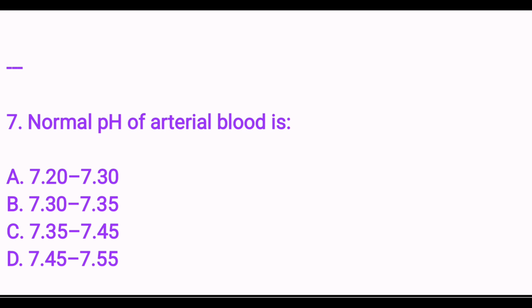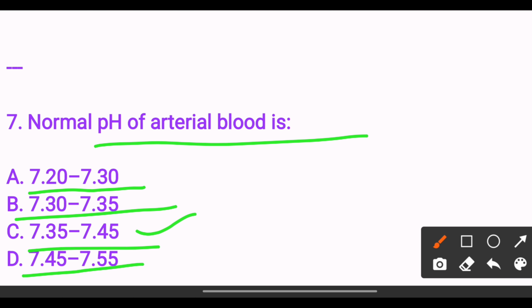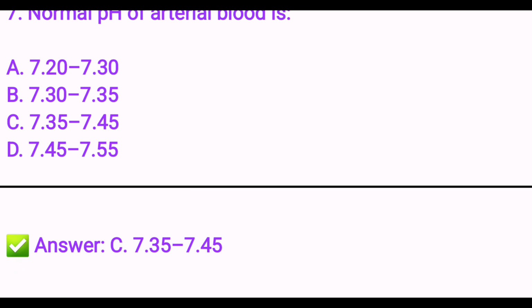normal pH of arterial blood is: option A 7.20 to 7.30, option B 7.30 to 7.35, option C 7.35 to 7.45, option D 7.45 to 7.55. The answer is option C, 7.35 to 7.45. Next,